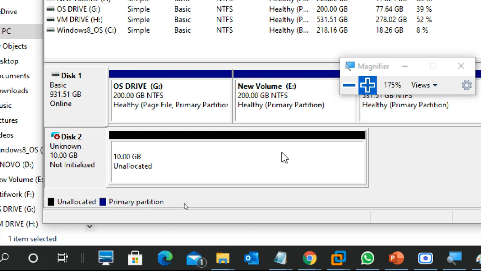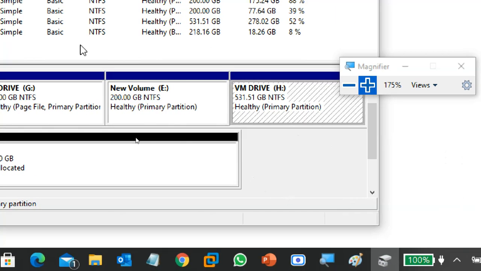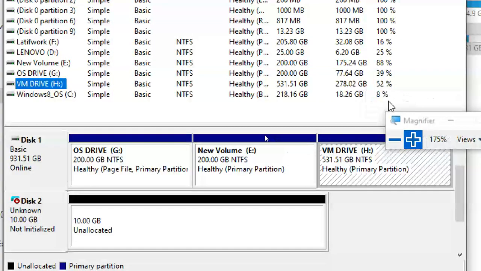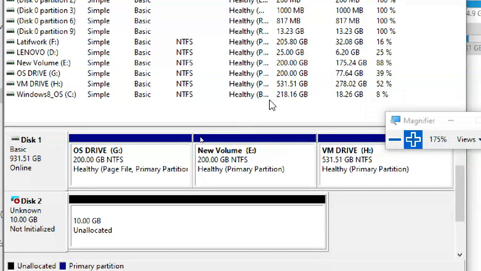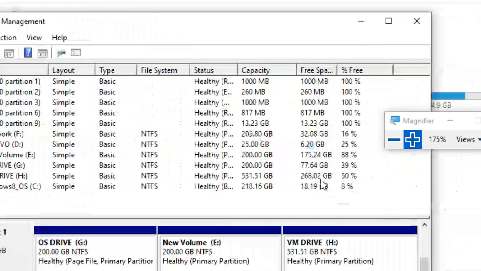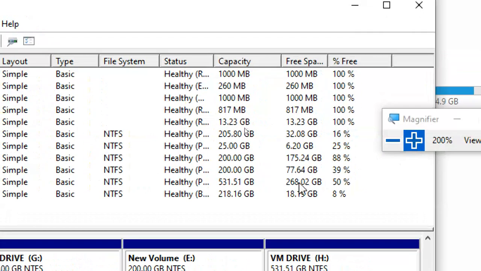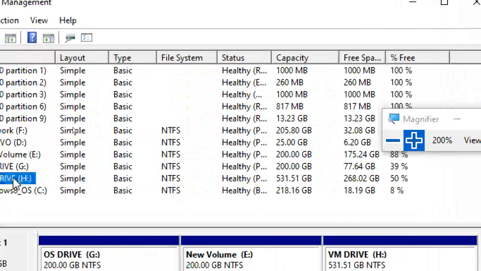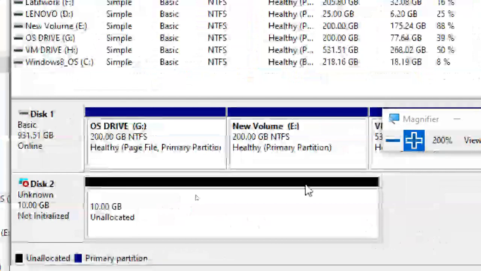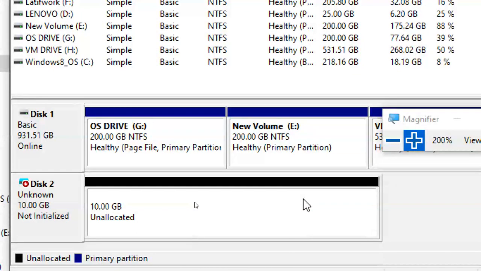Okay, it is not initialized. Nothing is there. But if you go to H drive, this is the H drive. Okay, and can you see the size? Size is 278. How to refresh it? This is the refresh. Refresh it. Now it is 268. Okay, you can see 268. This is the H drive, 50% occupied. See, that is a physical hard disk. I created just a 10 GB hard disk. I didn't put any data, and I didn't even initialize it.